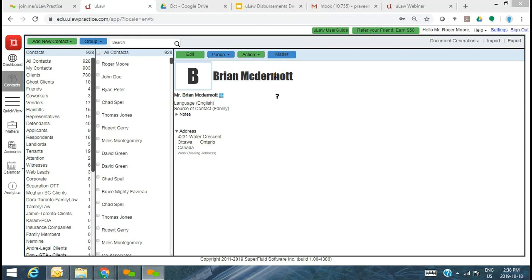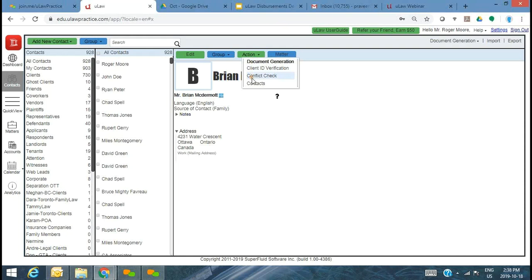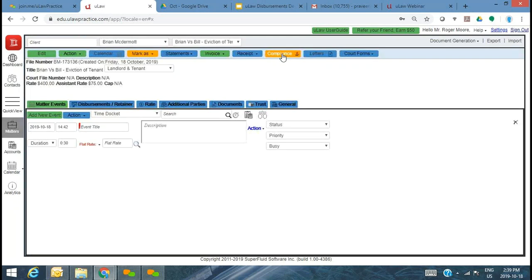There's actually a question around conflict screening. Of course, it's not related to today's particular webinar, but conflict screening is done right at the client intake level. You can do that conflict check before you create the file. So it's a good question, yes, but you would do that prior to actually creating a file. Assuming for today's context that you have done the conflict check, you have found there's no conflict in representing Brian, you've gone ahead and then created a file as the subsequent next step.